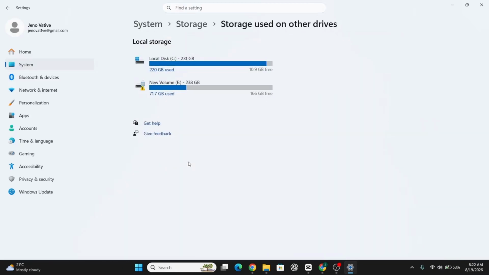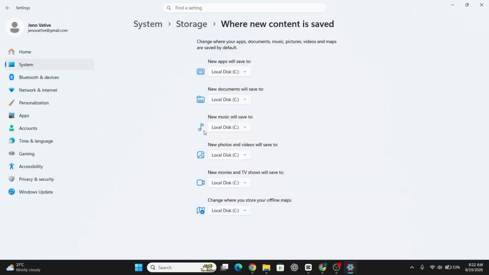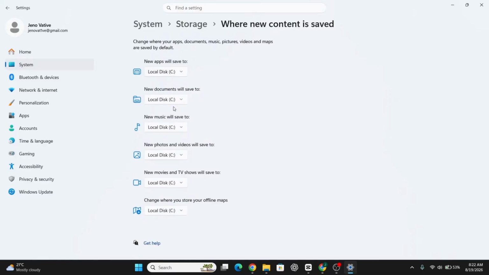In the next step, click Where New Content is Saved. Following this, click the drop-down next to New Downloads will save to. Once done, select your preferred drive or location. From here, this only changes the default drive, so you may still need to set the exact folder in your